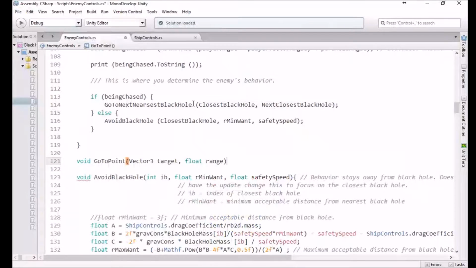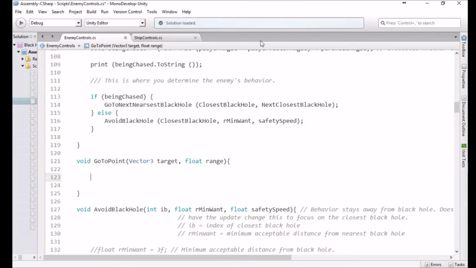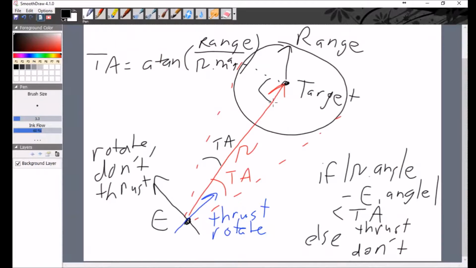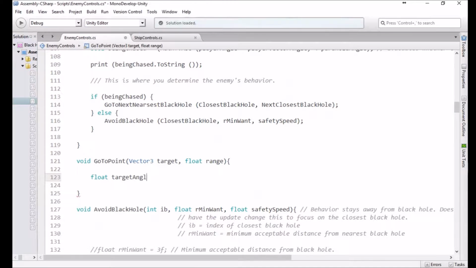Cool. And then I need to do an open brace. I need to do a close brace. There we go. Alrighty, so I need to set up target angle. So I need float target angle